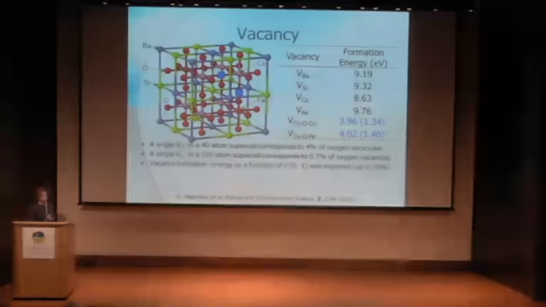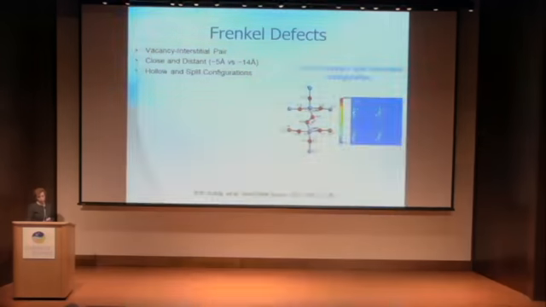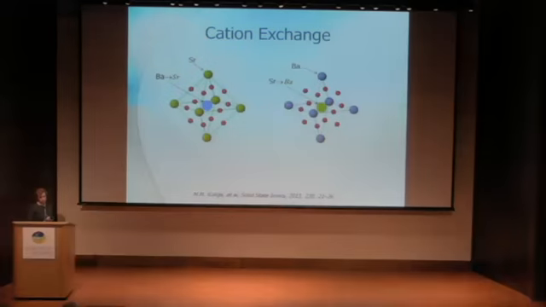So looking at the energy, of course, we looked at different combinations because oxygen vacancy can be situated in different positions between different cations, and energy slightly depends on this. But we looked at all possible vacancies, and among all possible single vacancies in the material, oxygen vacancy, of course, is the most favorable, and its energy is actually very low. It's much lower than for typical perovskites which are used for this kind of applications, including LSM and STO, for example. Among Frenkel defects, the same story. Oxygen pairs have the lowest energy and they are the most favorable.